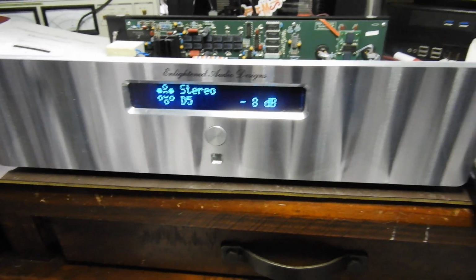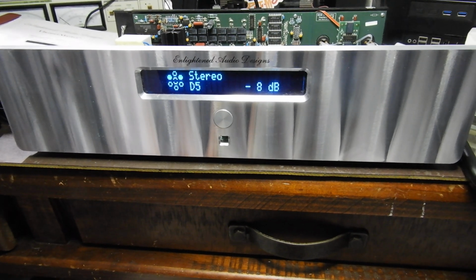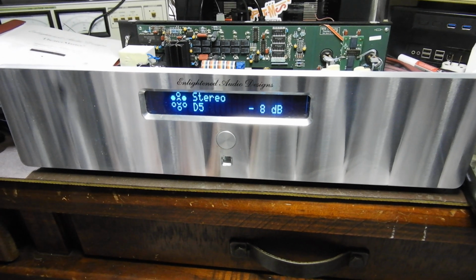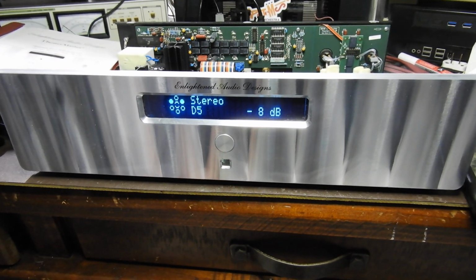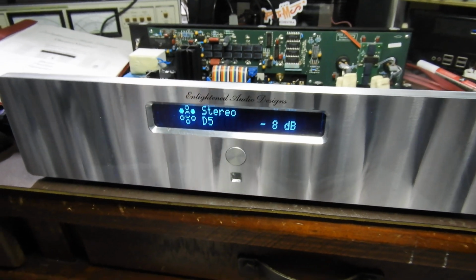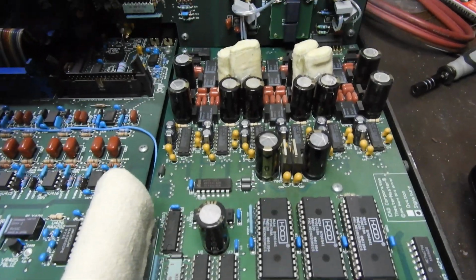So I got it not only because the DVD Master was a really surprisingly good unit, and I was very impressed with the build, the technology and the way it handled discs. But when I looked up what's in there, I didn't know what was in the other one, but I knew that in the Theatre Master are all my favorite